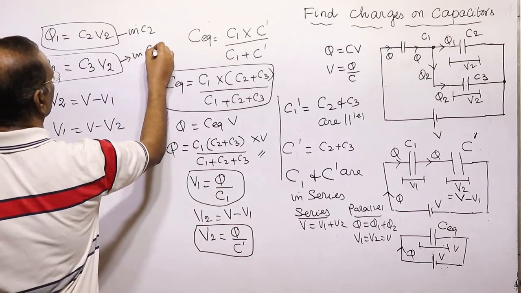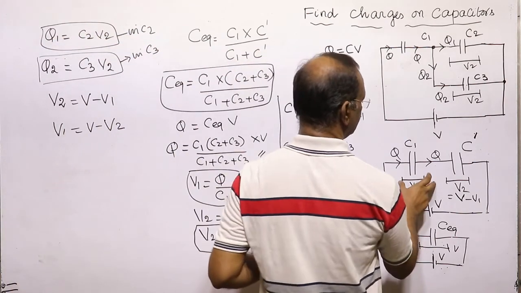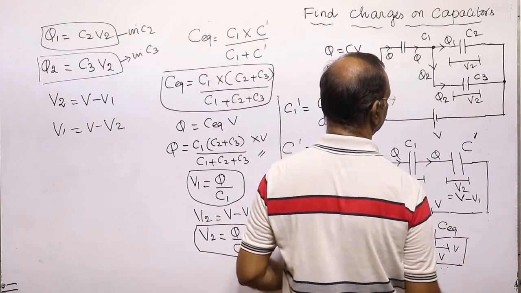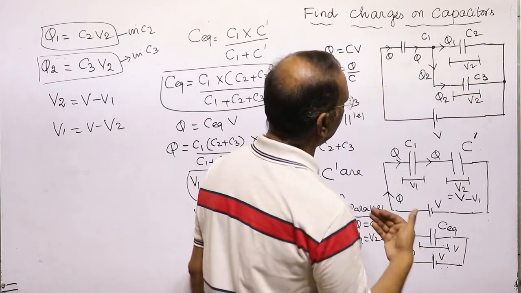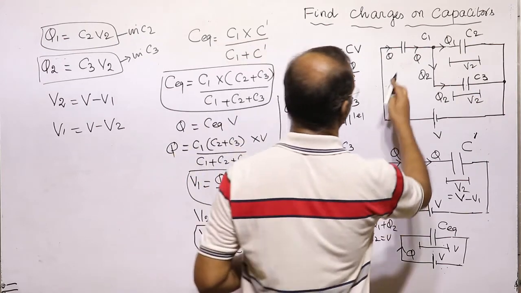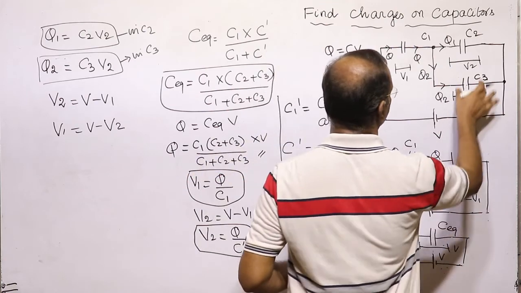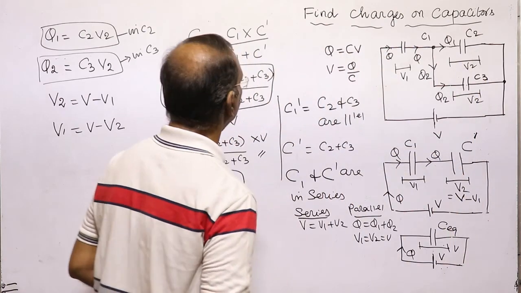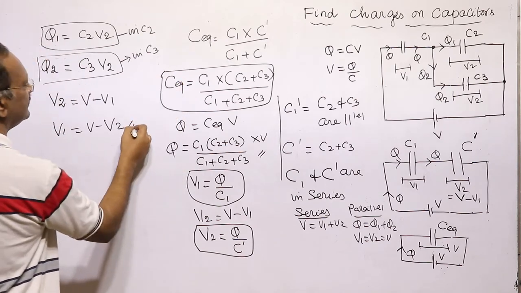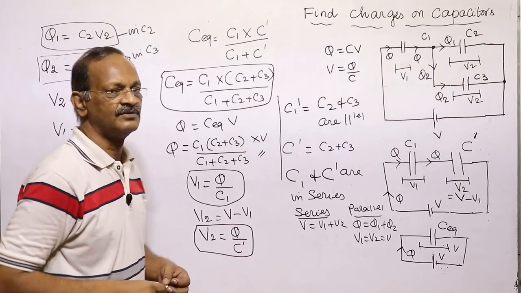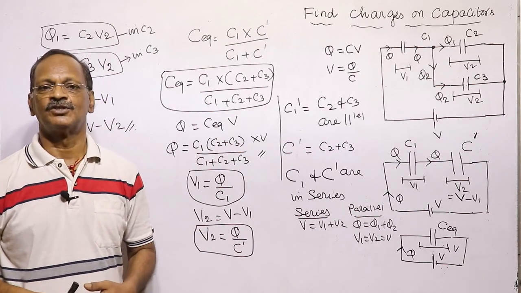It means here we have to note that in a series circuit the voltage is divided. In a parallel circuit the voltage is the same across any number of capacitors. This is V1, here is V1, and this is V2, this is V2. We have found C equivalent. This will come handy for calculation for board exams as well as for the need. For need we will go for some more shortcut methods.